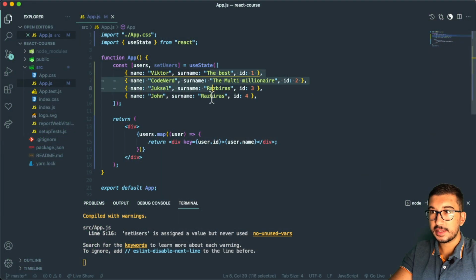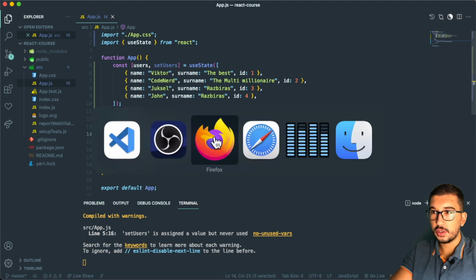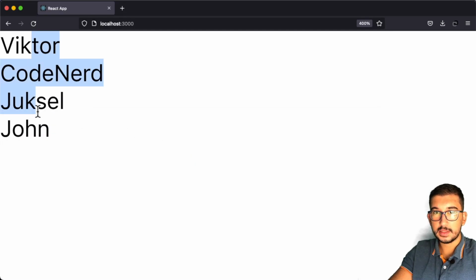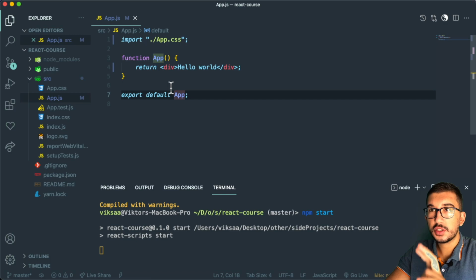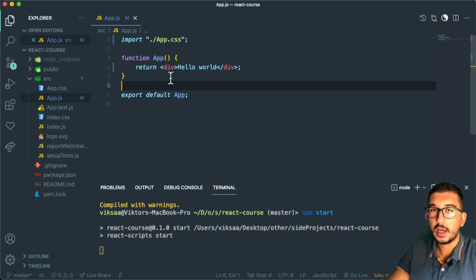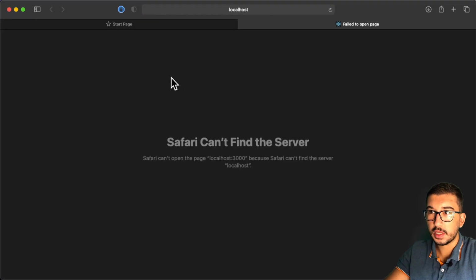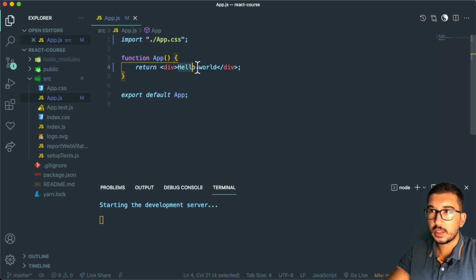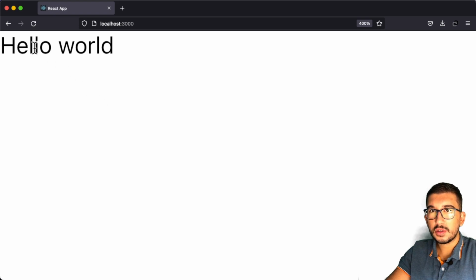Today I'm going to show you how you can create a list in React using the useState hook like this, and how you can output this list using the map function to a browser like this. So what I have here is just the app component, the standard root app.js component in React. And by the way, this is a brand new React application and it just returns the hello world. I deleted all of the other stuff that it had, and now we get only this hello world website as